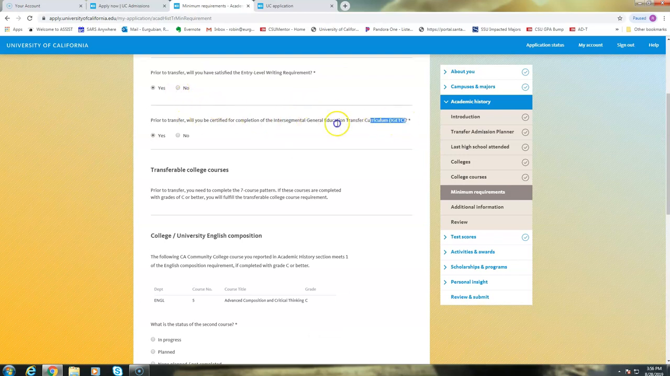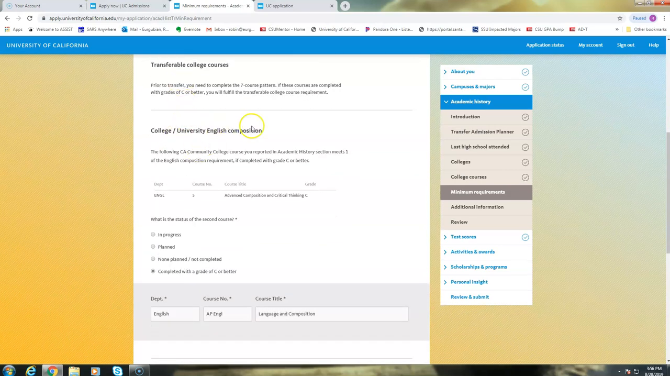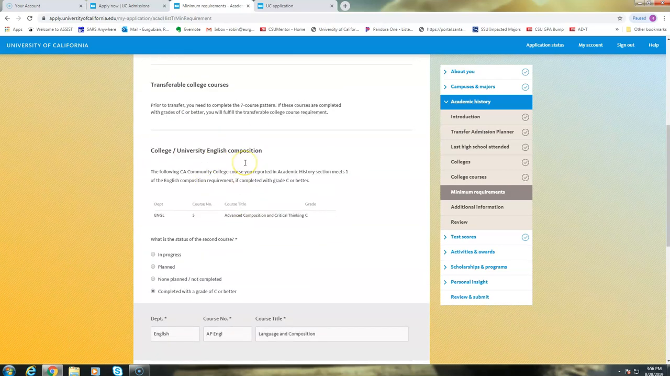They want to know if I completed my IGETC. You do not have to complete your IGETC for the majority of programs. A select few do require it to be completed, but that's something you would have worked out with your counselor. You'd be aware. So just because they're asking if you have IGETC completed does not necessarily mean it needs to be. Then they're going to ask about some other pieces here,